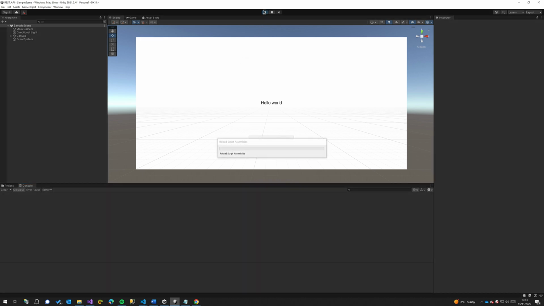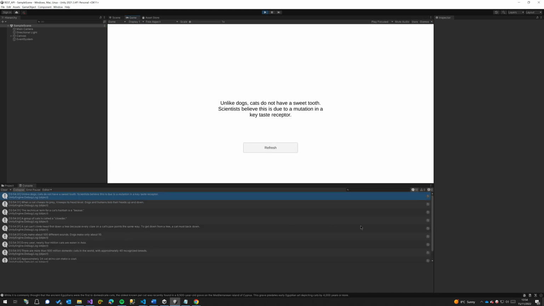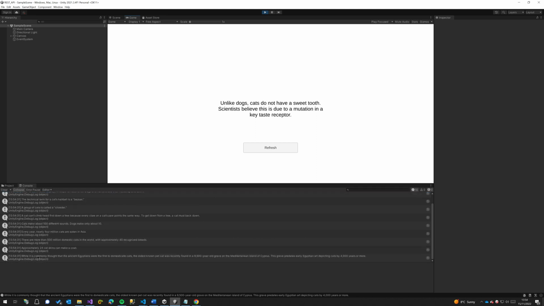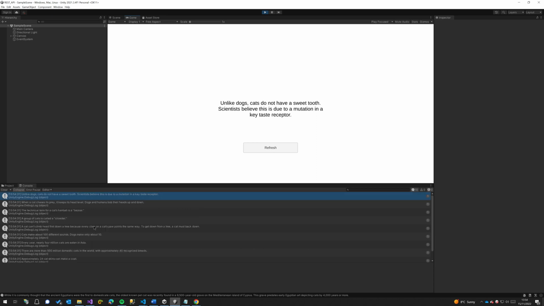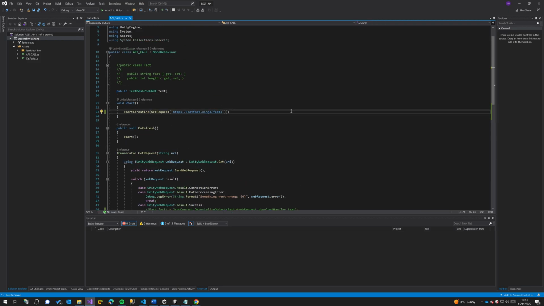So just click play, and immediately you're going to notice that we have this text up here, and we also have 10 console items here. So we can see number 10, and there's 10 different facts, and these are just from the API themselves. Now you could specify a different page up here. So again, I recommend looking at catfact.ninja's documentation so you can see, but you could just do page equals 3,